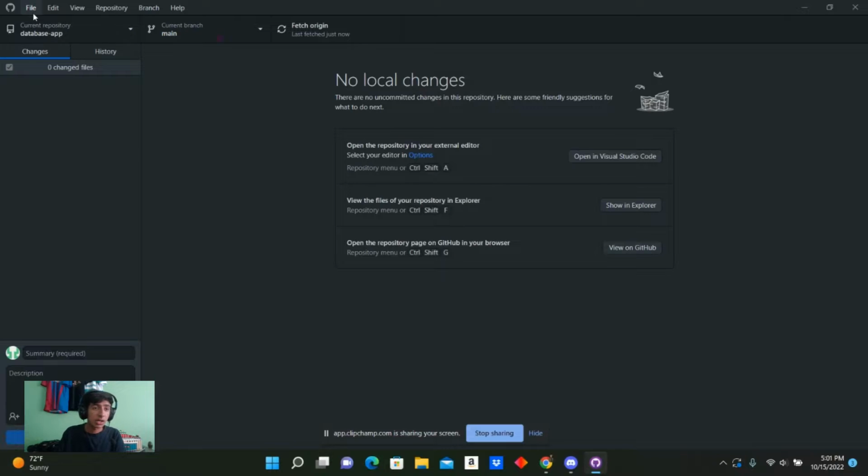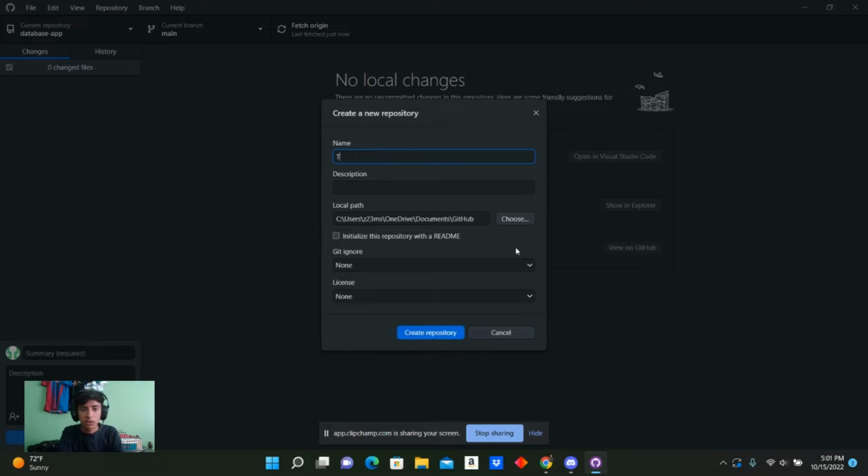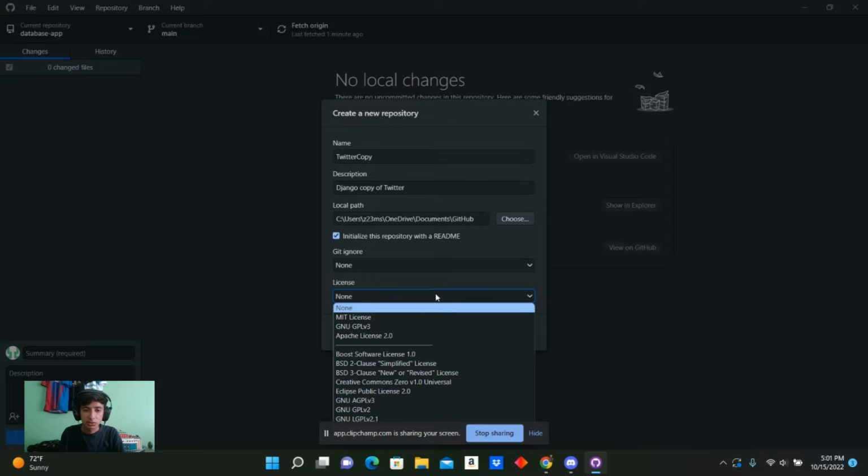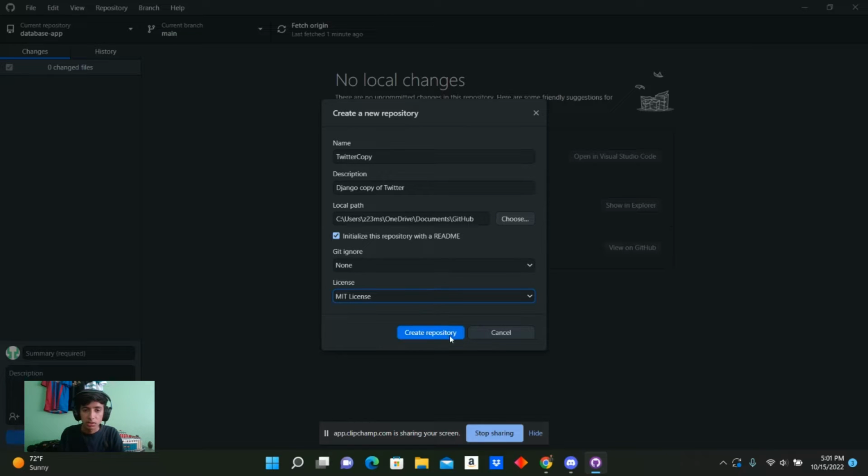All right, so to start off, we are here in the GitHub desktop app, and I'm just going to create a new repository, call it Twitter copy, because that's all it's really going to be. Just do Django copy of Twitter. So this is going to be used in my resume. So I just want to put this on GitHub, plus also for you guys to check it out if you want to. So let's do none of those, and let's create the repository,